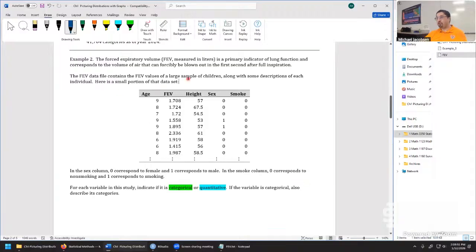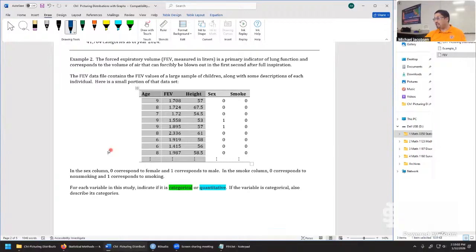Well, this one's not too tricky to get through. Would you all agree that age, FEV, and height do make sense as quantitative variables? Awesome. So this is a quick one to get through. This one is not too tricky. It makes sense to ask about the average age in the data set, the average FEV value for lung strength